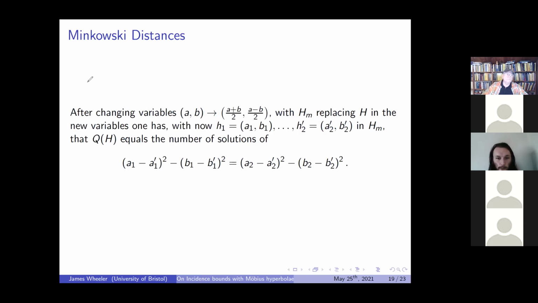We are probably familiar with the Euclidean distance. We have this x squared plus y squared, and this is our distance on our quadratic form. For the Minkowski distance, we instead consider the quadratic form x squared minus y squared. I think this originally came up when Minkowski was working with Einstein on relativity, so you had your space-like x's and your time-like y's. But for us,